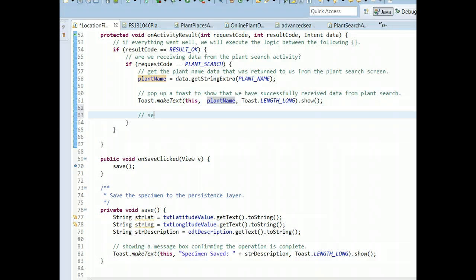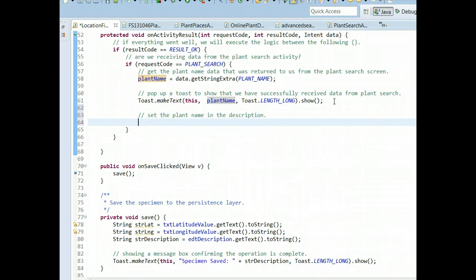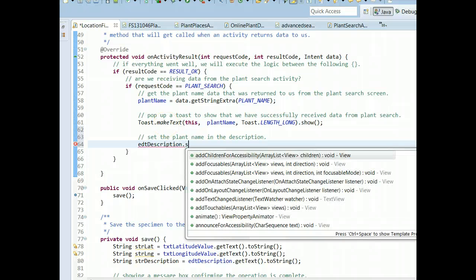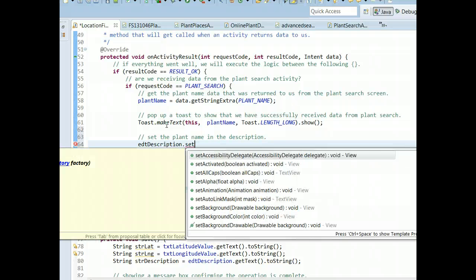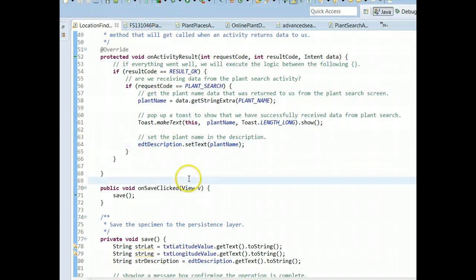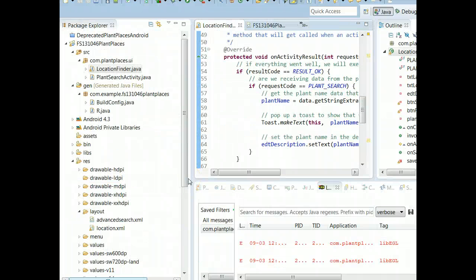Also, I'm going to set the plant name in the description. Okay, EDT. If you remember, we have this edit text field called description. So EDT description. What we need to do is call set text on this. And we can simply pass that the plant name, like so. And save. Okay, like so. So, okay, we're looking pretty good here. Now what we need to do is we need to wire up the advanced search and have that actually return